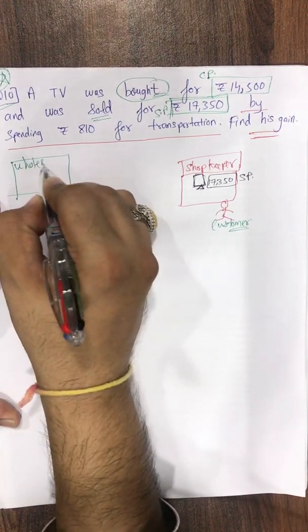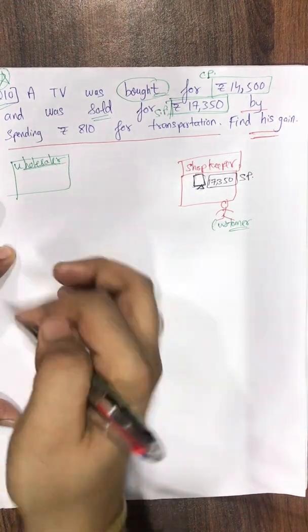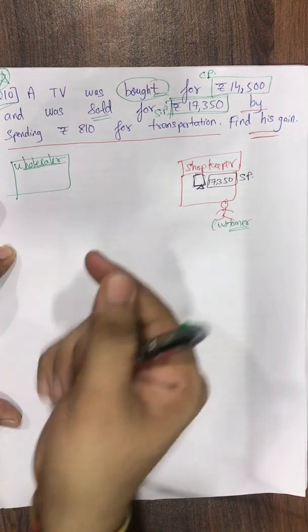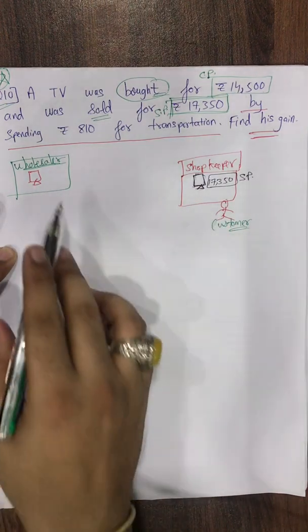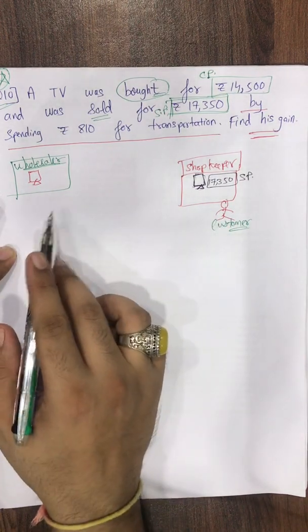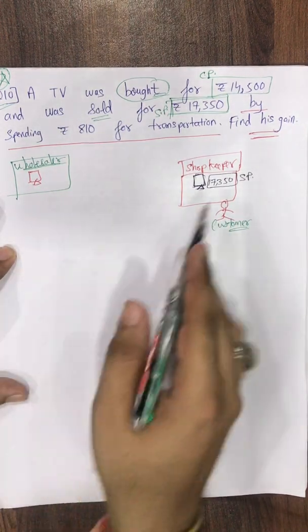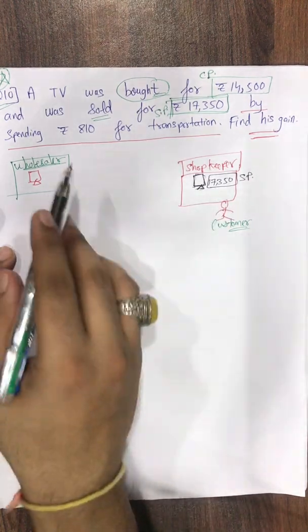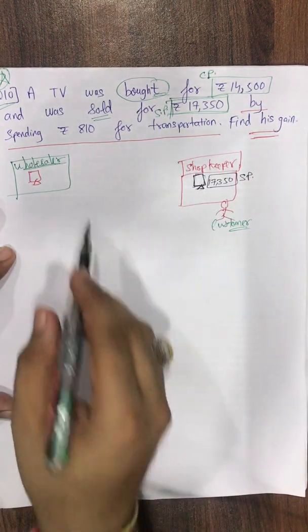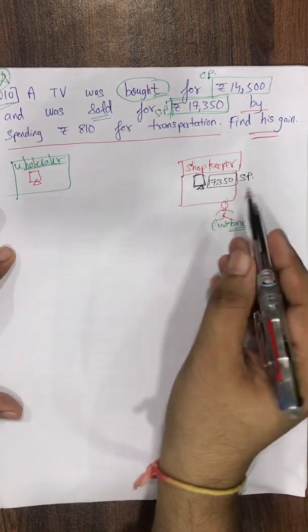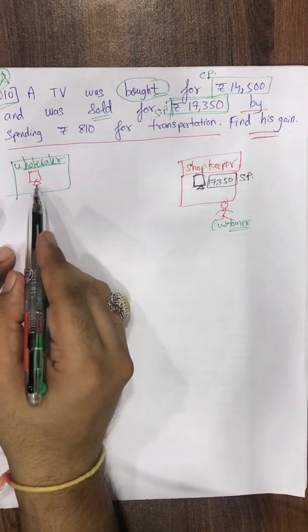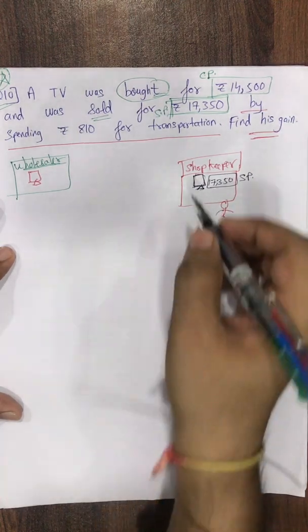Okay, and I told him, "Hey wholesaler, tell me, do you have a TV with a red color body?" He said, "Yes, I have a TV with a red color body." Then I asked him, "At what price will you sell it to me?" He said, "A normal cost price. I'll sell you at the normal cost price." So I was very happy that I was getting the red color body TV also at the cost price.